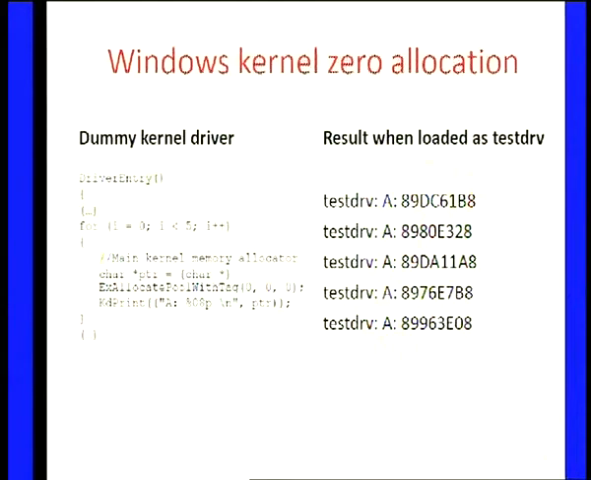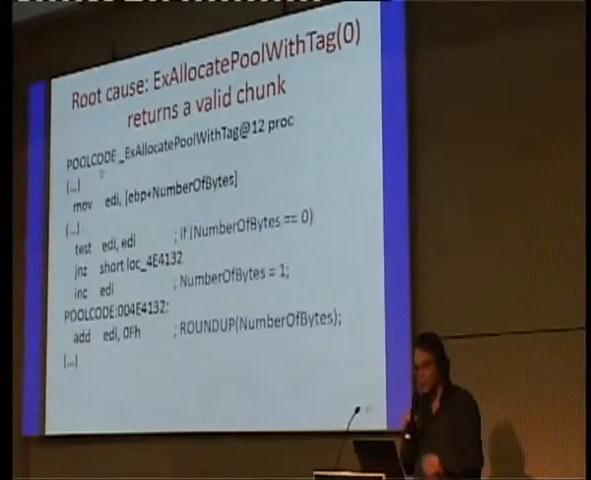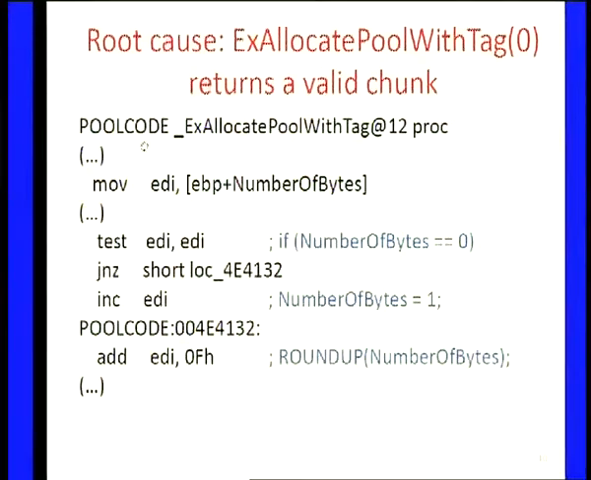This is just a dummy kernel driver I wrote. In fact, if you look at the binary code for this function, you can see that whenever the number of bytes you have to allocate is 0, you actually set the size to be allocated to 1. So when you do a 0 allocation, most of the time you have a couple of bytes that are allocated. For the case of the Windows kernel, this is 16 bytes, because you can see